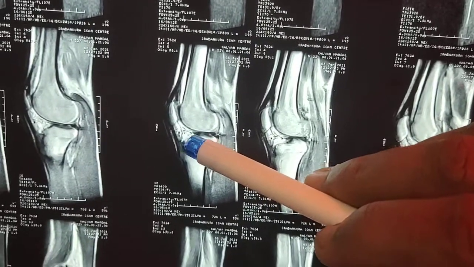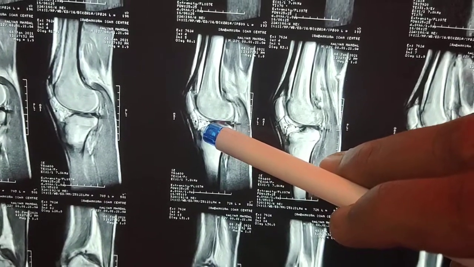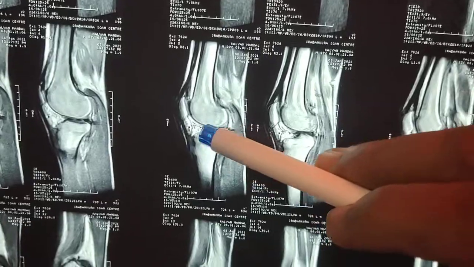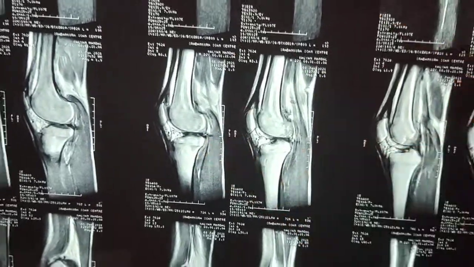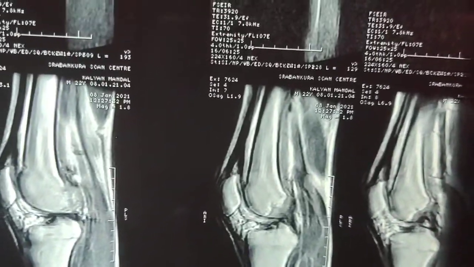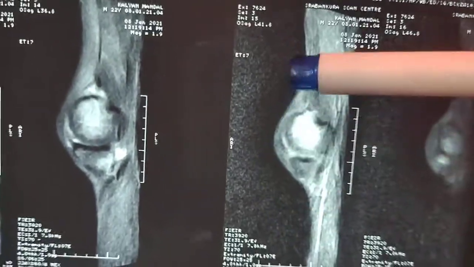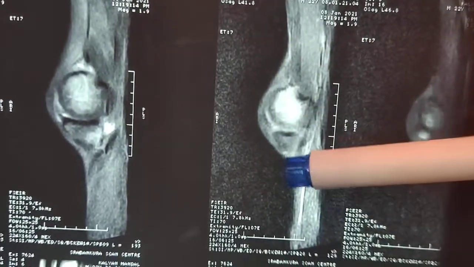Why is this diagnosis important for everyone to understand? Because most of the time these conditions get misdiagnosed as other conditions. That's why we need an MRI to get clear findings. You can see this leg, how the swelling was.